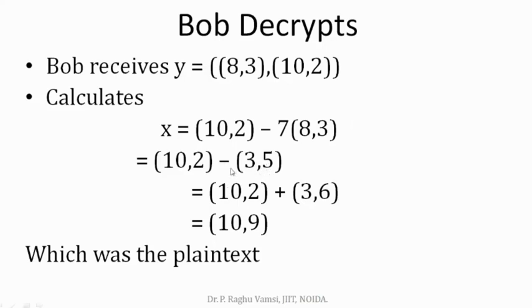Remember, whenever the subtraction is going on, assume that this is x comma y as the point, only the y value will be changed. How will it be changed? We have seen this curve is over a prime number, that is Z11 of 1 comma 6. Z11 means modulo prime number 11. So whenever there is a minus 5, subtract from the prime number. 11 minus 5 is 6. So make it 6 here.